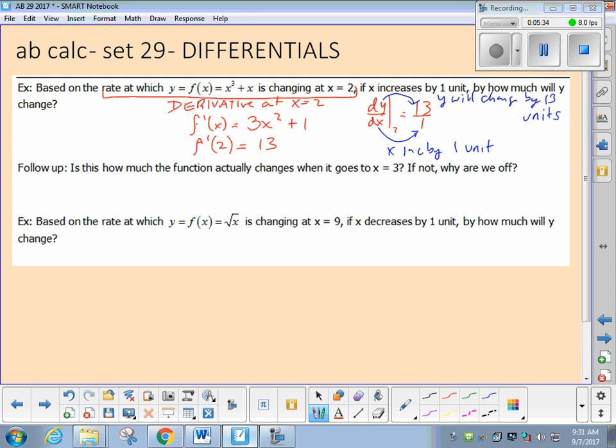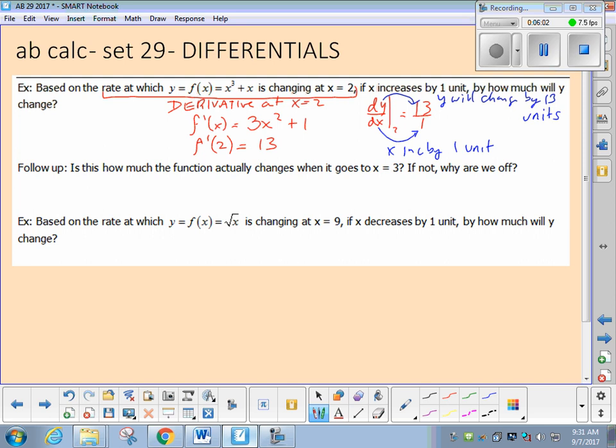For just one little move over in x, I'm changing y by 13. Why is that? So much change. Because it's a cube. The cube grows fast, right? Think of when you go from 1 cubed to 2 cubed, you're going up by 7. Or from 2 cubed to 3 cubed, you're going up from 8 to 27. So it seems like it's logical.